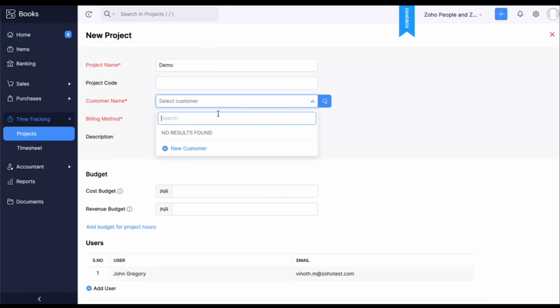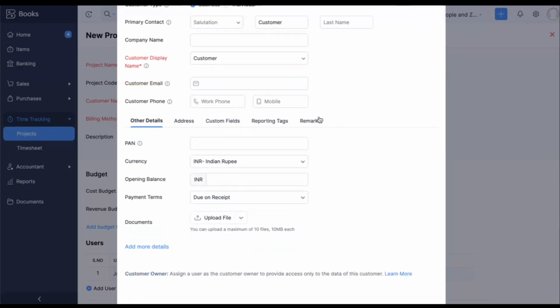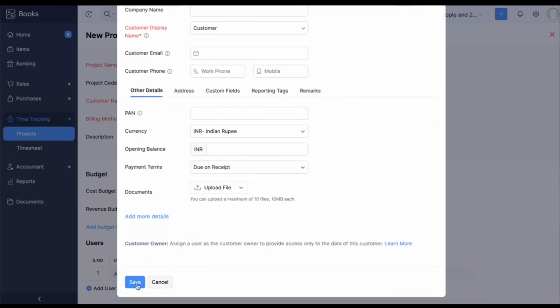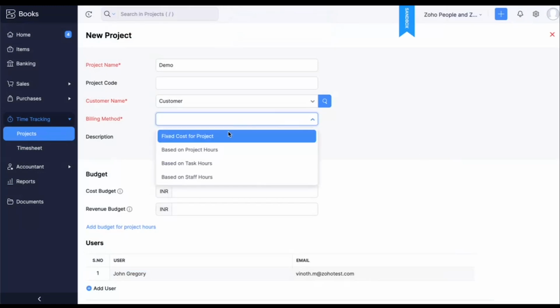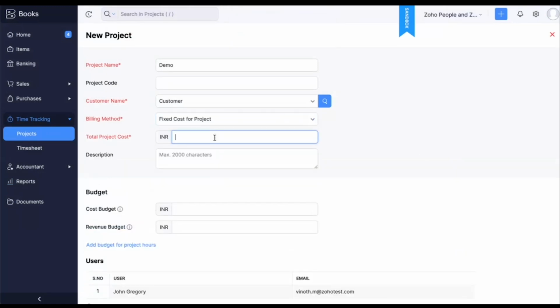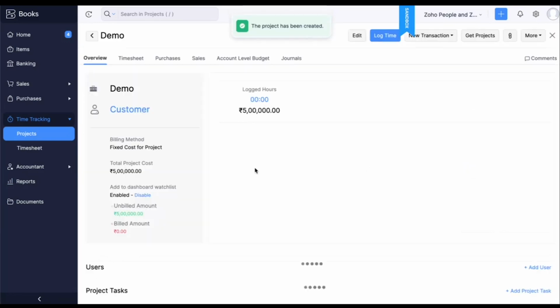And we won't have a customer as well, so I'll create a customer now. You choose the billing method and the cost. These are the mandatory fields, so they need to be provided. And once I click on save,